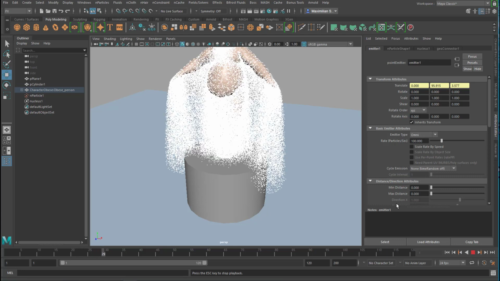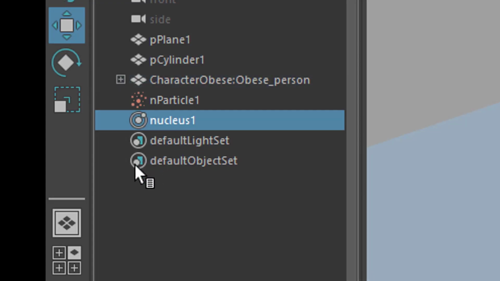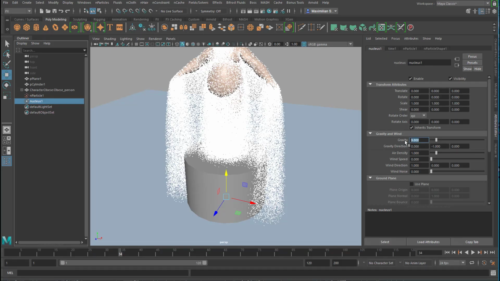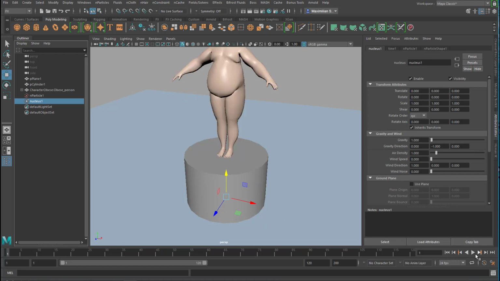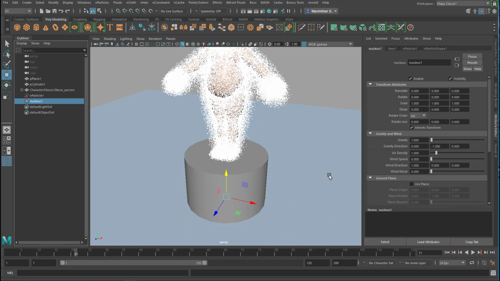Why are they going down? Because they have the nucleus, which is sitting here, and the nucleus gives them gravity, and we can reduce the gravity from 9.8 to 1, for example. If we would reduce it below 0, the particles would stream upwards. So they're going slower now. In particle animation,